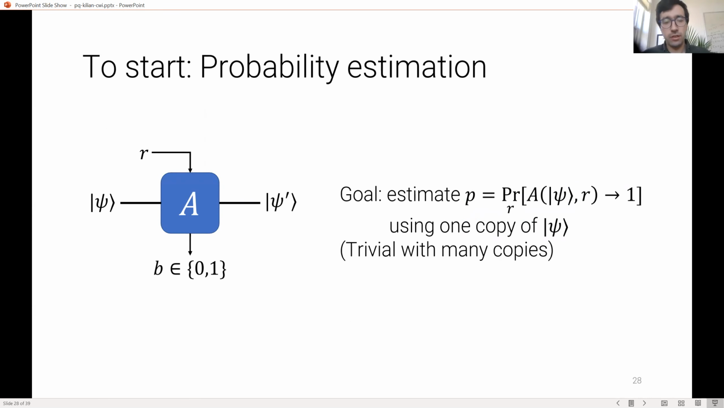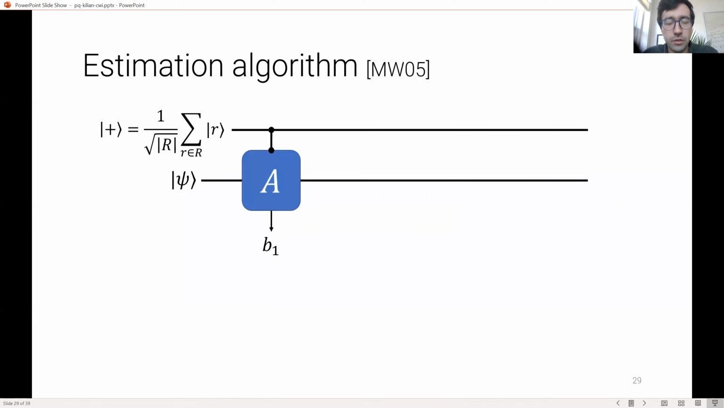So to start with, let's talk about a simpler problem, which is probability estimation. So rather than repair, you just want to figure out what is the probability that the adversary will produce the bit 1 on a state psi using only one copy of psi. If you have many copies, you can do the classical style thing. You can just run the adversary many times. Here, you just want to use only one copy. Some of you may be familiar with this algorithm due to Marriott-Watrous,